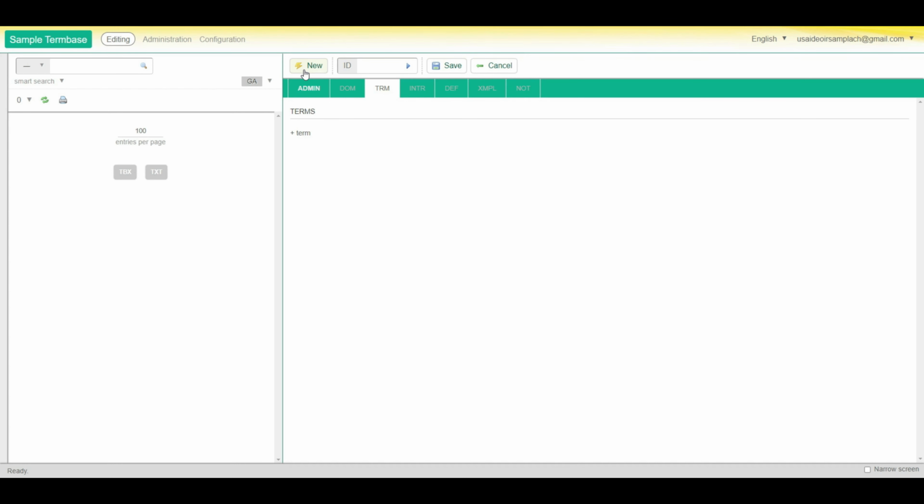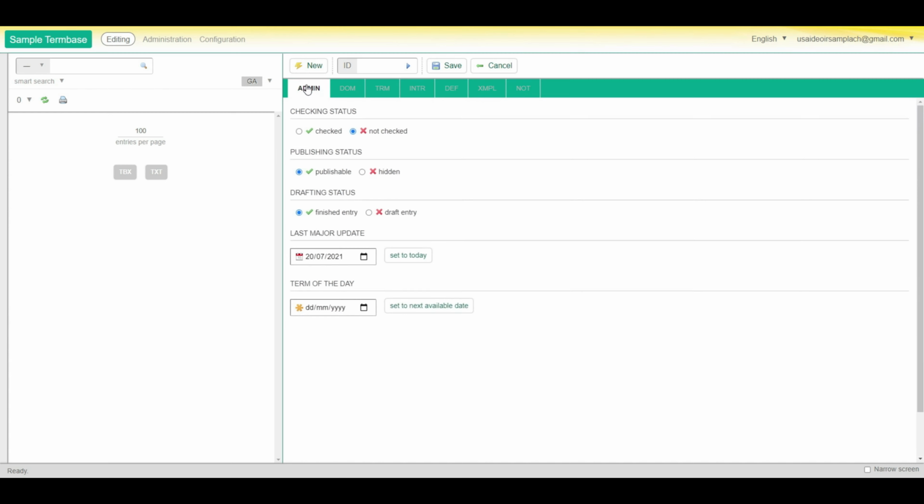There will be many options of what to add to the new entry, nearly all of them needing to be added to the term base in advance. The links to these videos are in the description and will appear in a card at the top of the video when we're covering them. The first option will be the admin of the entry. This is explained in the advanced term editing video, however you'll likely never need to use it.